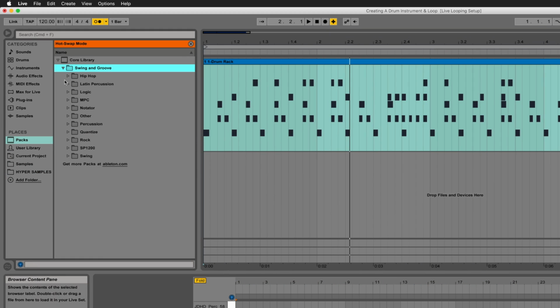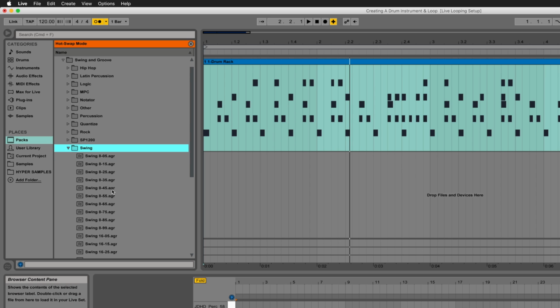And now it's got an abundance of grooves from classic MPCs, or you can choose traditional hip hop or Latin percussion type grooves, including swing as well. So what we're going to look at now is the swing groove library. Now what these dictate, it's not the clearest of labeling, but you can get by, is so